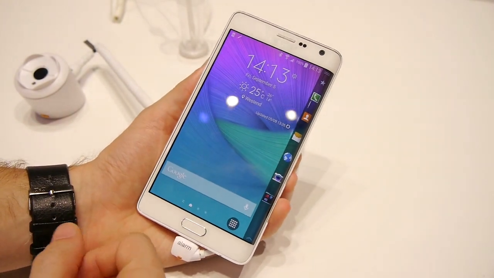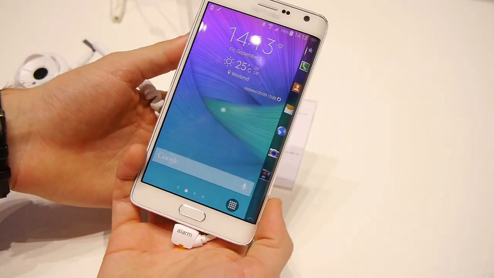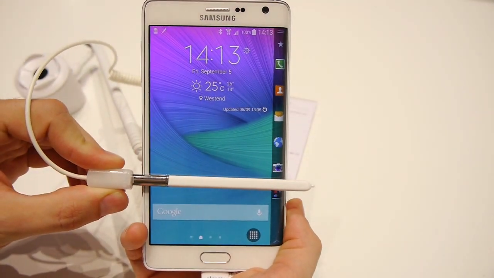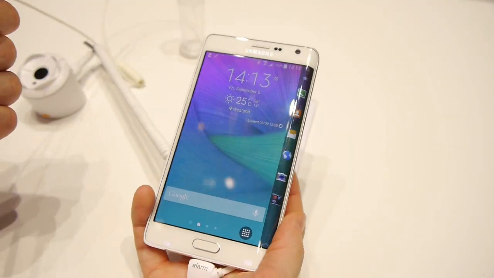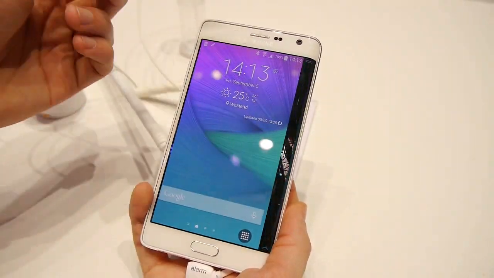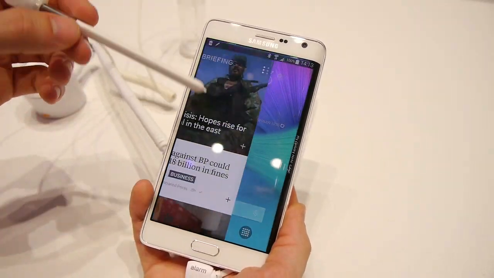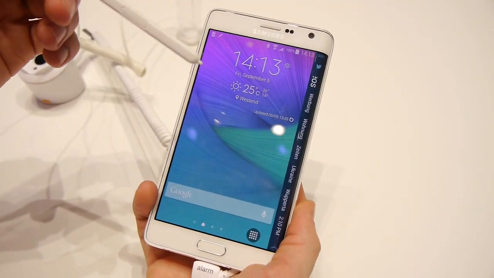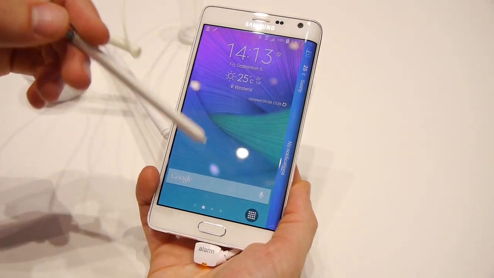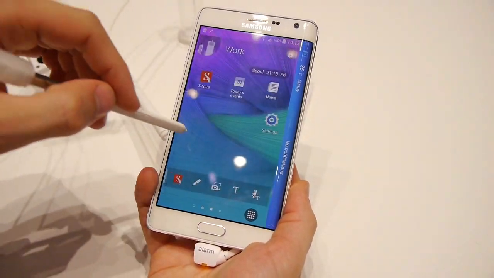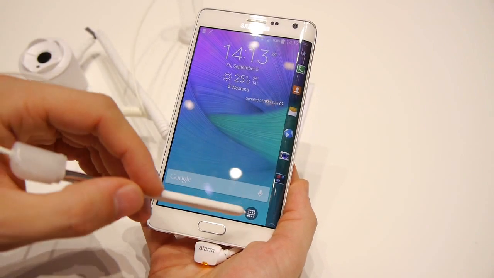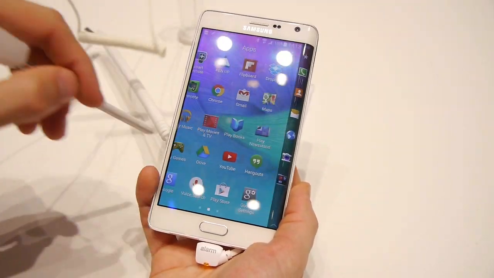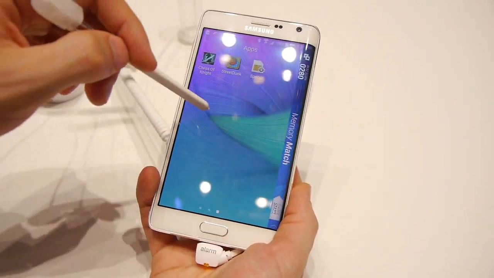And until I'm shooting this video, let me show you also one of its key features, the S Pen here, which comes with every Note device. And so you can do a variety of cool things with the S Pen here. It's been improved since its last iteration in the Note 3, so it's even more touch sensitive than before. 2048 levels of touch sensitivity. You can use the phone